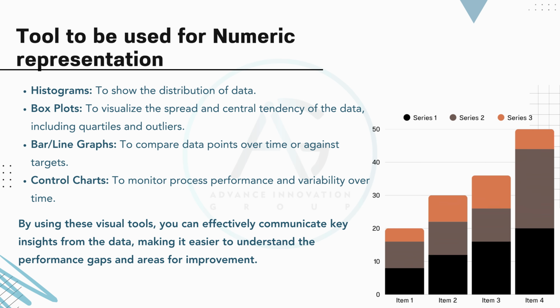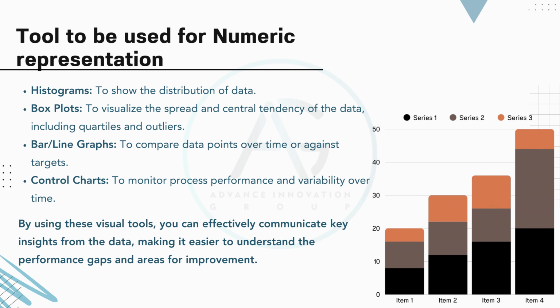Control charts are valuable tools in quality management. They allow us to monitor process performance and detect variability over time, helping to identify when a process may be going out of control. The key takeaway here is that by using these visual tools, we can communicate insights from data much more effectively. This not only helps in understanding the current performance, but also highlights gaps and opportunities for